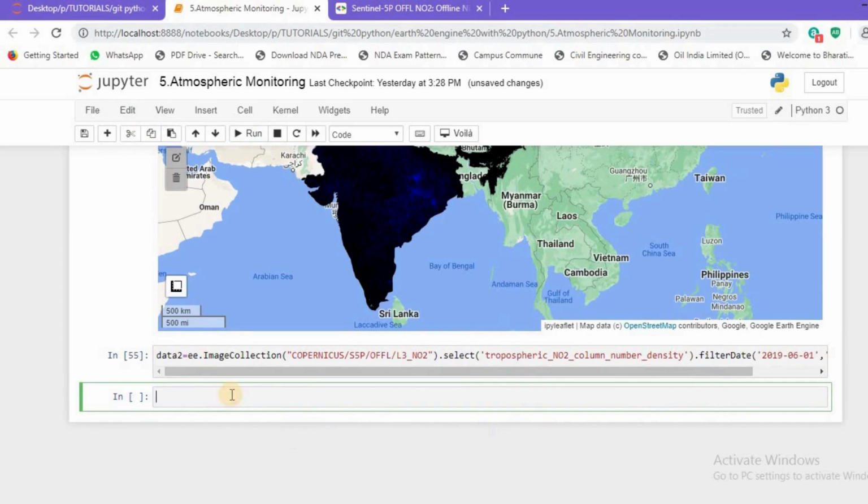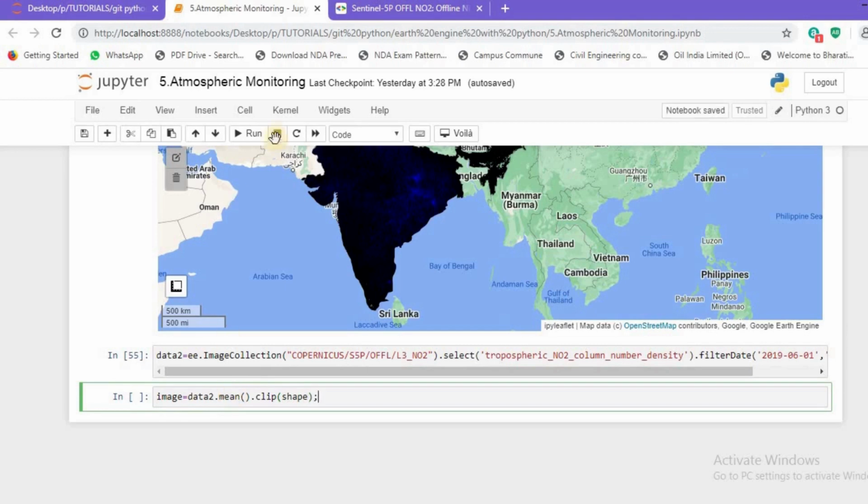Let's move forward. Since we have already generated a shapefile for India, I'll just clip it to the shapefile and I'll use the similar function. I'll use data2 dot mean and I'll clip it using dot clip function and I'll pass the shapefile to it.